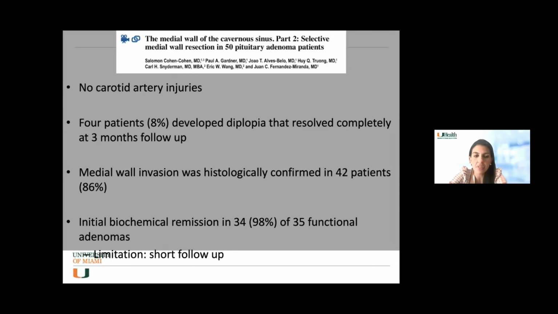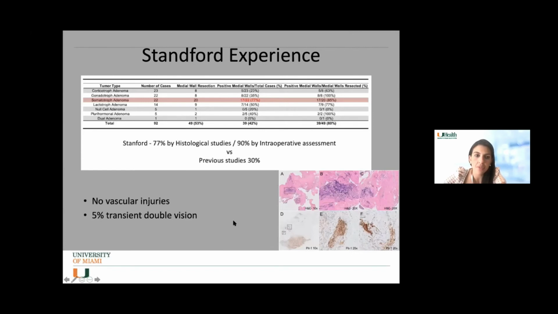You're working in the cavernous sinus. You have to use Surgiflo to control your bleeding. And sometimes that can lead to a little bit of swelling, which can lead to a transient sixth nerve palsy. So the initial biochemical remission was 98%, which is pretty significant. And you can see here that this was just when they sent it off for the pathology, that there was positive staining there. The Stanford study showed that